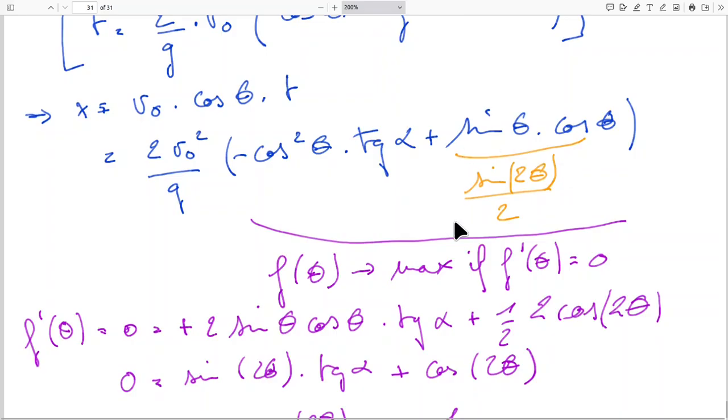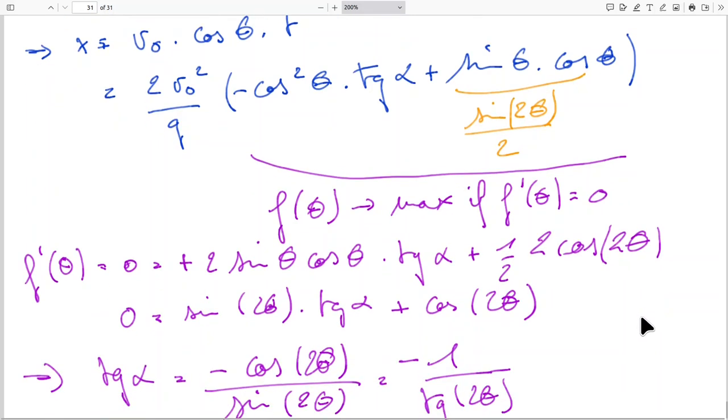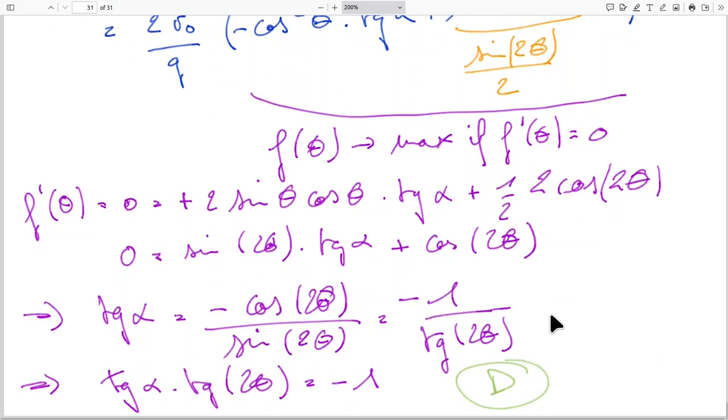And the derivative of sine of 2 theta over 2 is 1/2 times 2 times the cosine of 2 theta. Or 2 sine theta cosine theta you can rewrite as sine of 2 theta, still times tangent alpha, plus cosine 2 theta. Or if we isolate tangent alpha, we'll get that tangent alpha is minus the cosine of 2 theta